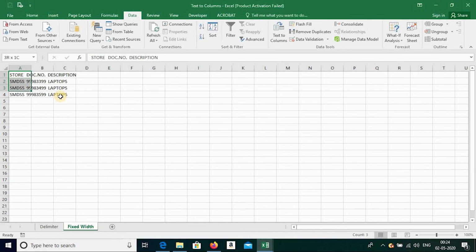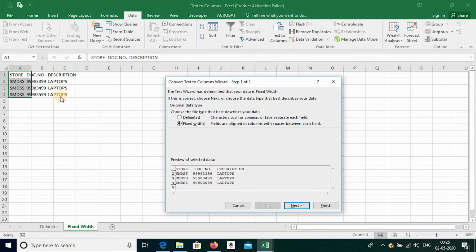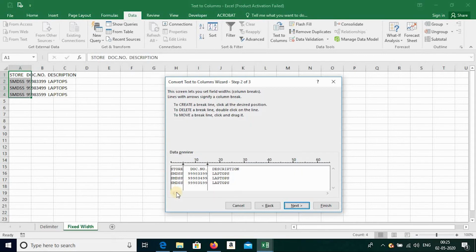First we have to take the range. I've taken the range. To apply Text to Columns, Alt A for the Data ribbon, and E is Text to Columns. Now let us take Fixed width. When I click that, the arrow marks are already set in. I'll remove them by double clicking the arrow mark. Normally the ruler will come, and wherever you want, you can click there and it will cut. For example, if I click here, it will cut in this place. It will make SM one column and MDDS another column. To undo, I can double click again and it will go.